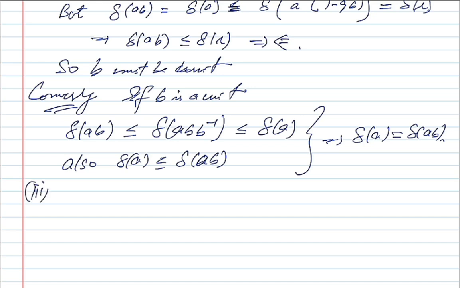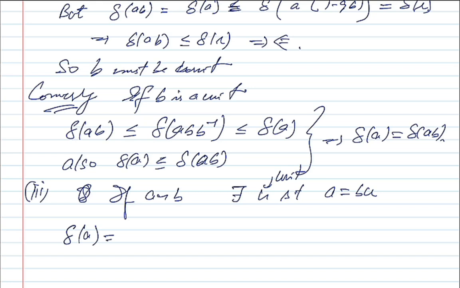Third is again trivial. Now, if A is associate to B, so there exists U such that A is equal to BU, where U is a unit. Now, del of A can be written as del of BU, which is greater than or equal to del of B. Also, del of B